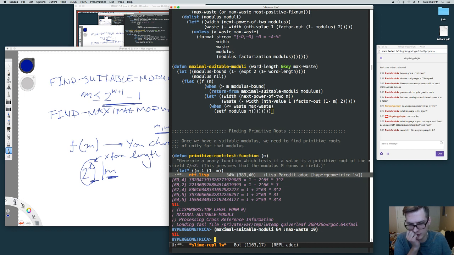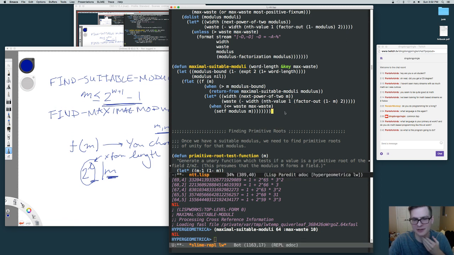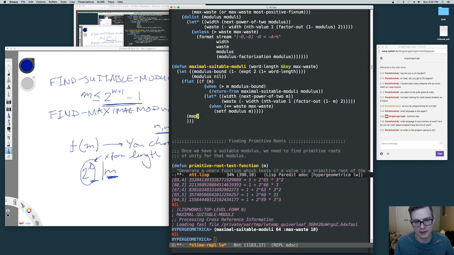That did not work as expected. When our waste is less than or equal to, yeah, okay, of course. This isn't actually doing anything. I just wrote the function to do it. Map suitable moduli. Our function is f, and our transform length, let's say, is 2 to the floor word length 2. So start early with